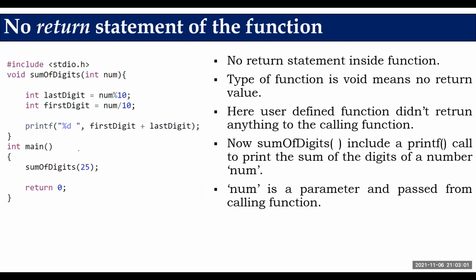Now see, I don't want to return. So you need to take care of the output within the called function itself. No return means void. So see, there is no return statement. So the type of the function should be void. Now see, there is no assignment operator. I don't need any variable to store the value, because right now it is not returning anything. Returning nothing to whom? To the calling function. So that's why this variable is no longer required to store the result.